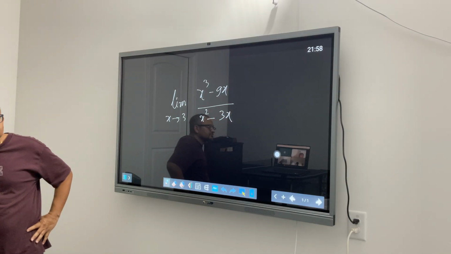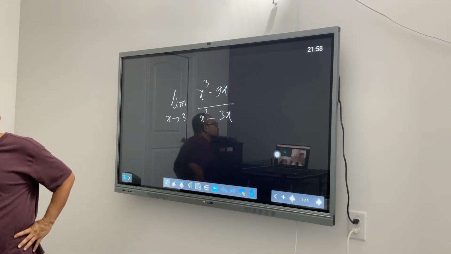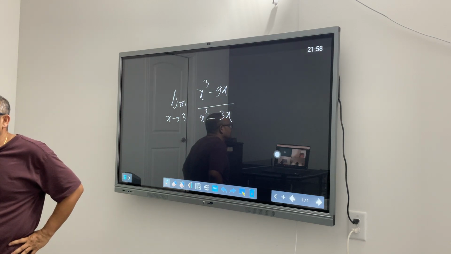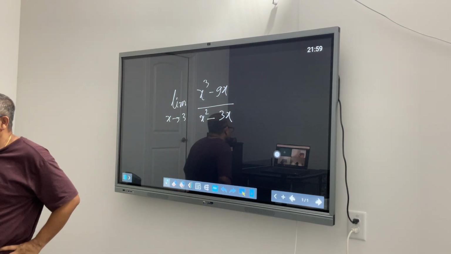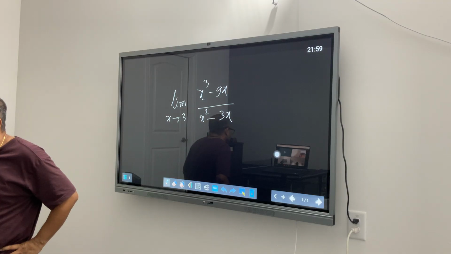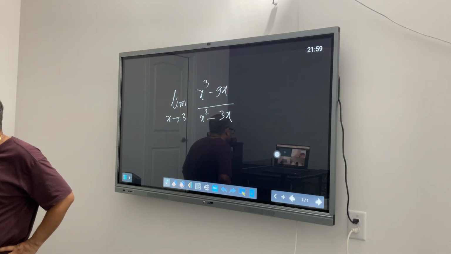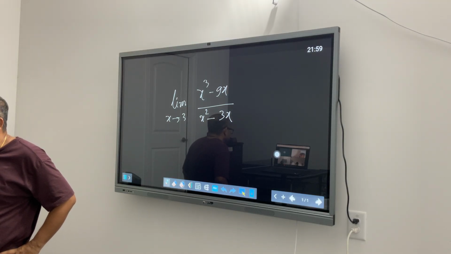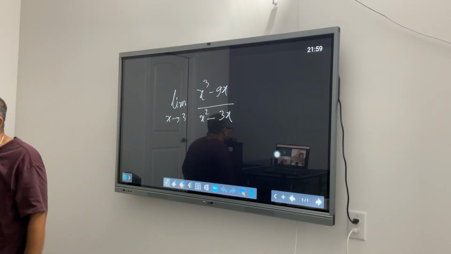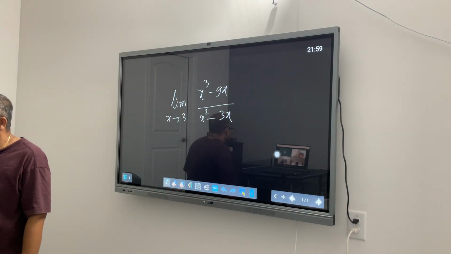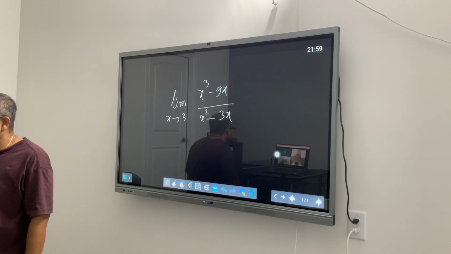And then I removed the x minus 3 from the numerator and denominator. And I further simplified it by removing the x's, which would result in x plus 3 as the function. And since the limit is supposed to be approaching 3,